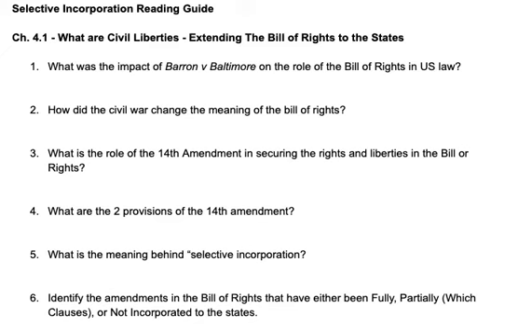Hey guys, I just wanted to point out a couple things from your 4.1 homework. As far as what Barron versus Baltimore's impact on the Bill of Rights was, in that case, the Supreme Court ruled that the Bill of Rights was written for Congress to limit their powers. It had nothing to do with limiting the state's powers. So Barron versus Baltimore effectively says the Bill of Rights, those first 10 amendments to the Constitution, they only apply